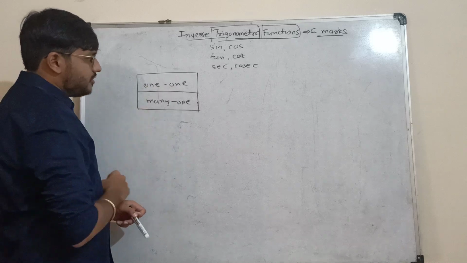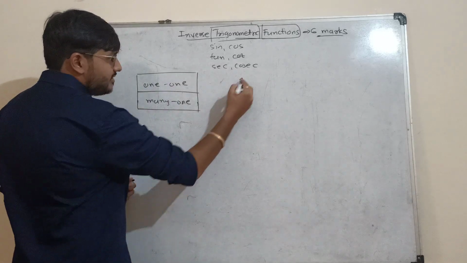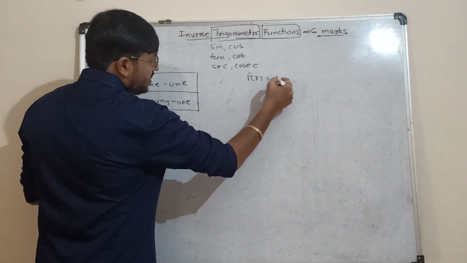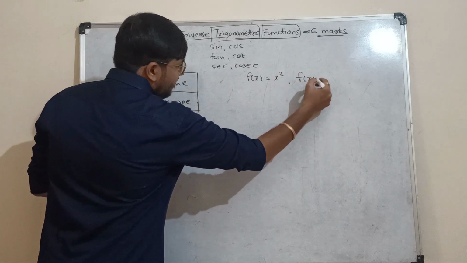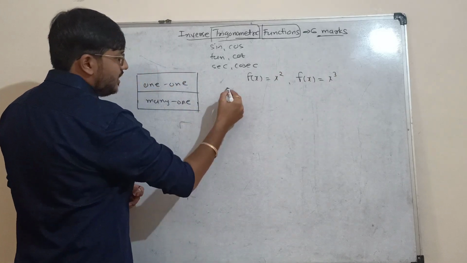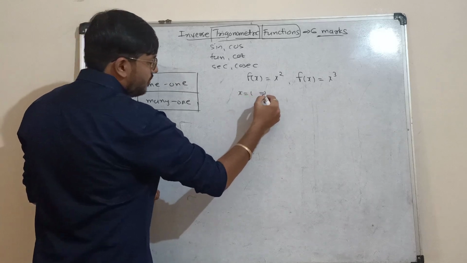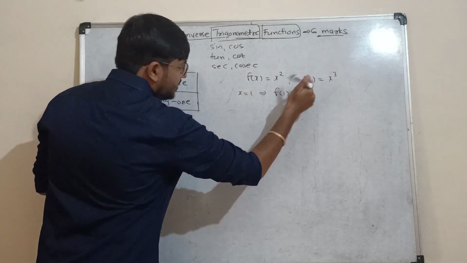So one-one function. So what is the meaning of one-one function? Let's take two examples. Let's say f(x) equals x squared and let's say g(x) equals x cubed, right? If you put x equals 1 in both the functions, we'll get...